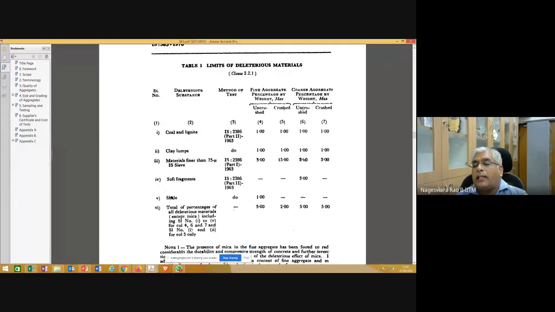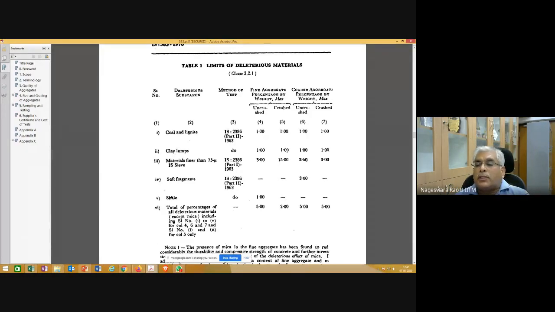Similarly, for coarse aggregate, what is the limit of coal and lignite? These are some impurities. Because we are getting all these aggregates from natural sources, as a part of that we may also have coal and lignite in the fine and coarse aggregate. So the code is saying you should not select such a fine aggregate where this exceeds 1%.